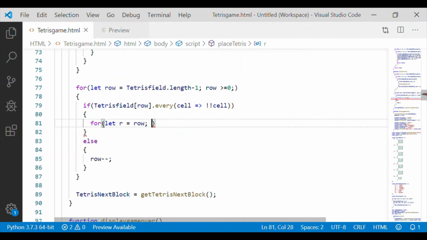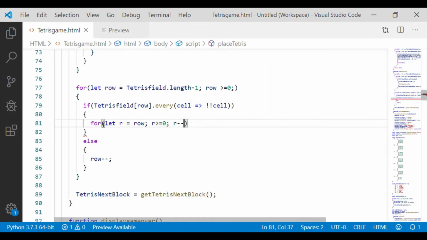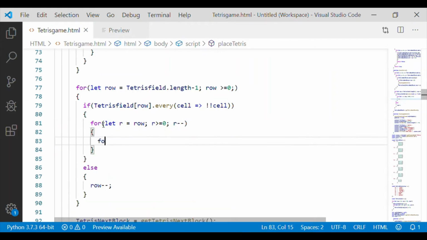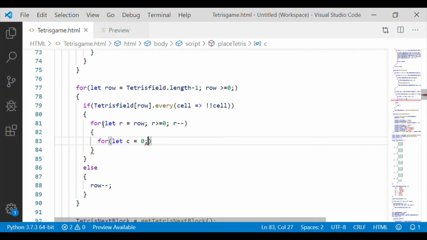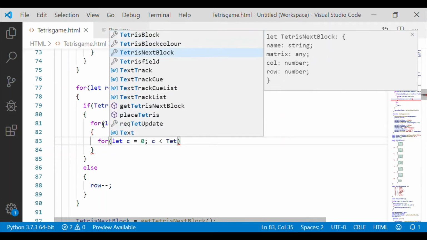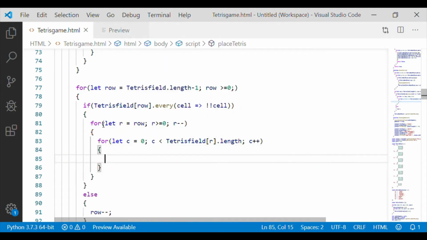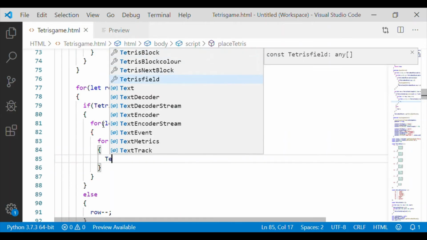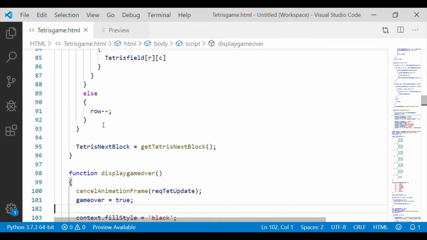And coming back to the if, if the cells in the row are completely filled, we will start a for loop where r takes the current row value and it shall proceed until r is greater than or equal to 0, and we will open the innermost for loop where let c equal 0 and c shall be less than the Tetris field corresponding row's length, and we will increment it and start to push the row above this one position down.